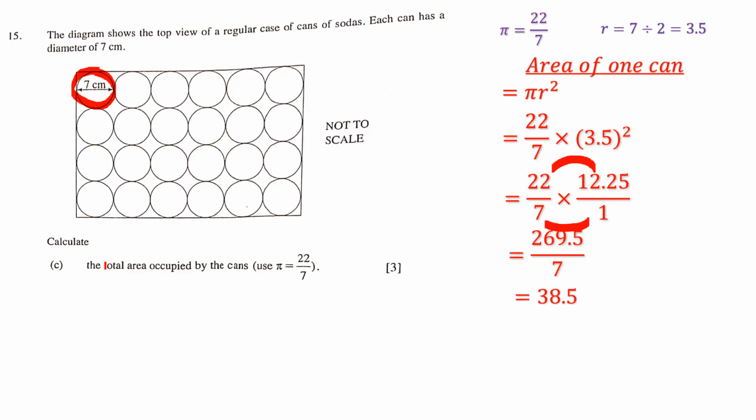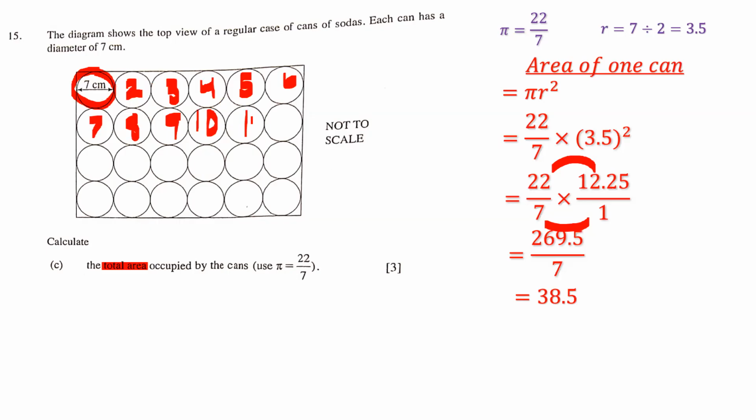What are they asking us for? They want the total area occupied by the cans. So how many cans do we have though? So we have 1, 2, 3, 4, 5, 6, 7, 8, 9, 10,